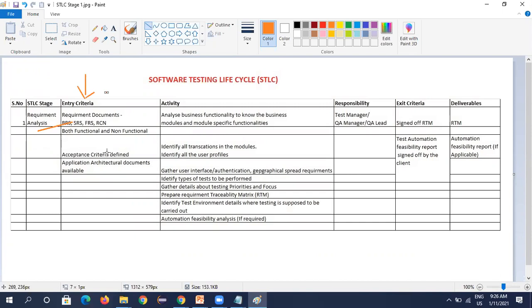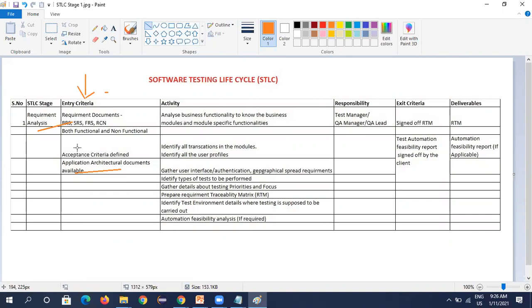I'll explain each of these requirement documents one by one. The next entry criteria is that acceptance criteria should be defined, what we need to test and what our output is. And if any architectural documents are there, we will have them. Okay, so these are the entry criteria.